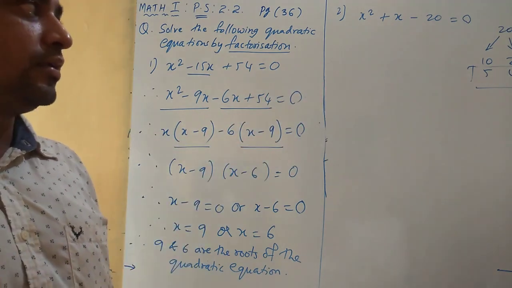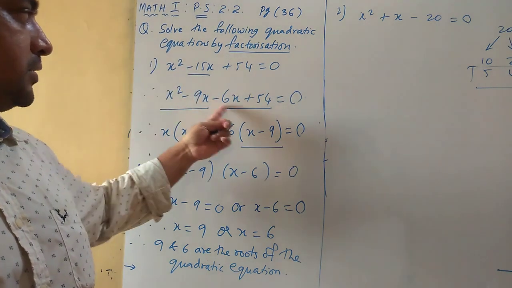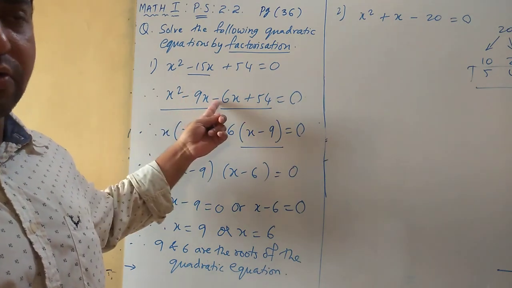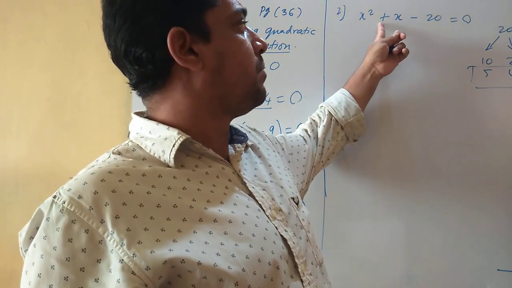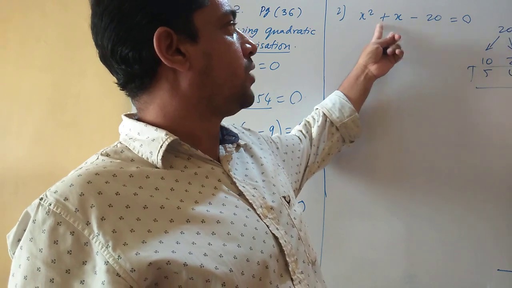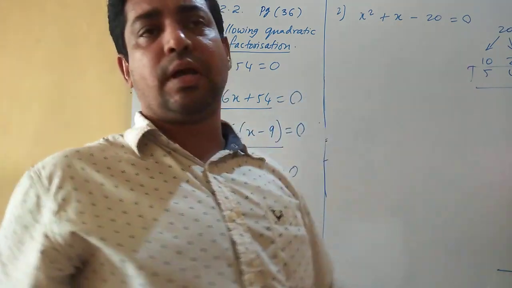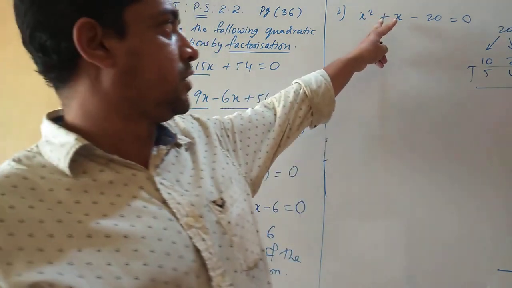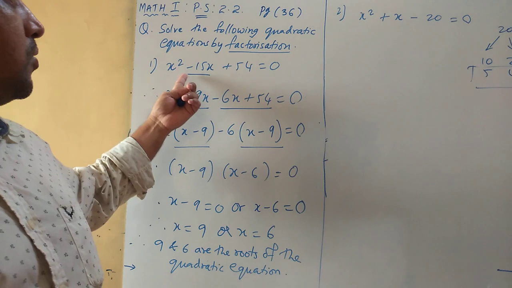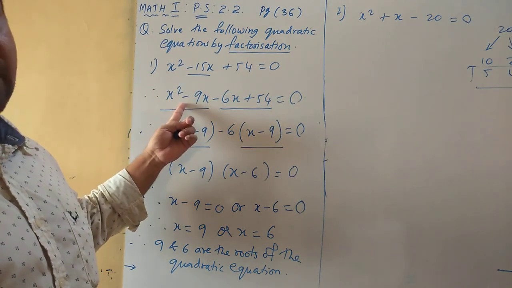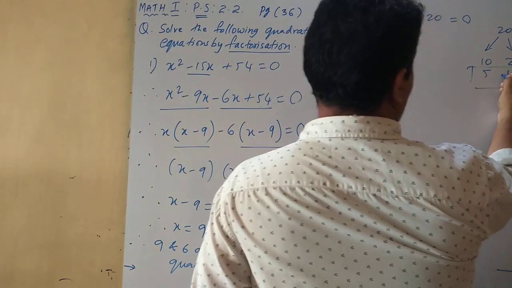Now regarding the sign, here I told you the middle term was minus, so I had to take both the factors, both the numbers, as negative. Here I should have one number as positive. Why? Middle term is plus here. So there is a shortcut, I'll just give you a rule. If the middle term is positive, always the bigger number will be positive. If the middle term is negative, then always the bigger number will be negative. Check here also. The middle term is negative, so the bigger number is negative. Same thing here, so 5 will be positive and 4 will be negative.